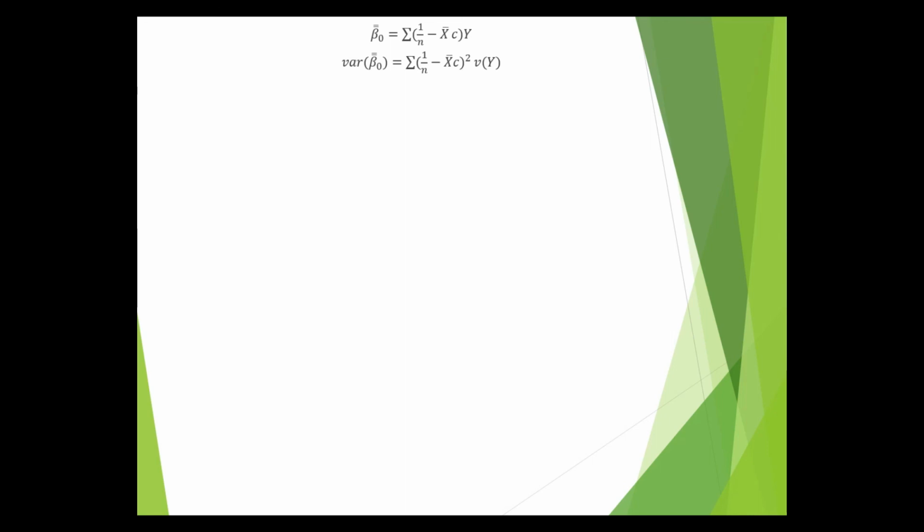So here I am taking again the variance of B1 double bar, and here the variance of y has been taken, and this parenthesis is taken as a constant associated with the variable, and that's why it is being squared, and variance of y becomes sigma square of u, and the rest of the factors are the same, and by opening this squared parenthesis I will be getting this, and by applying summation sign again,